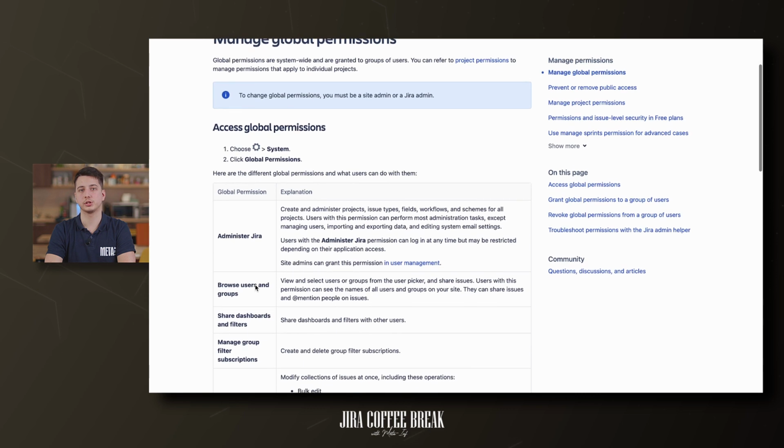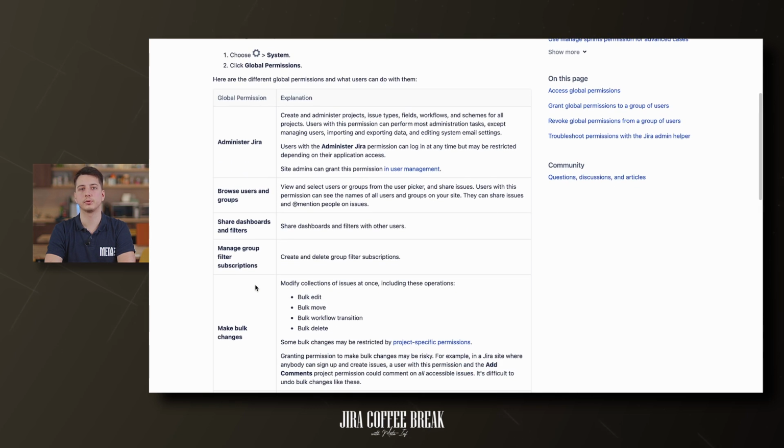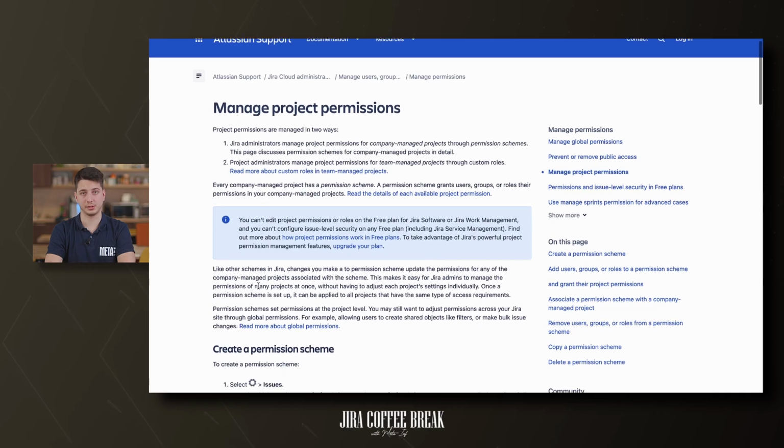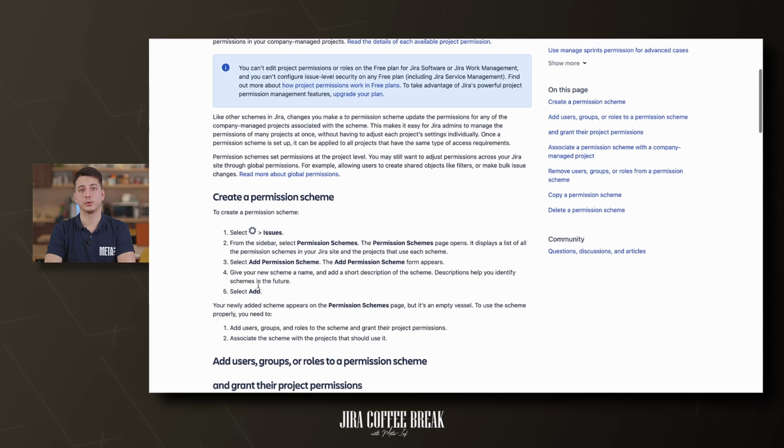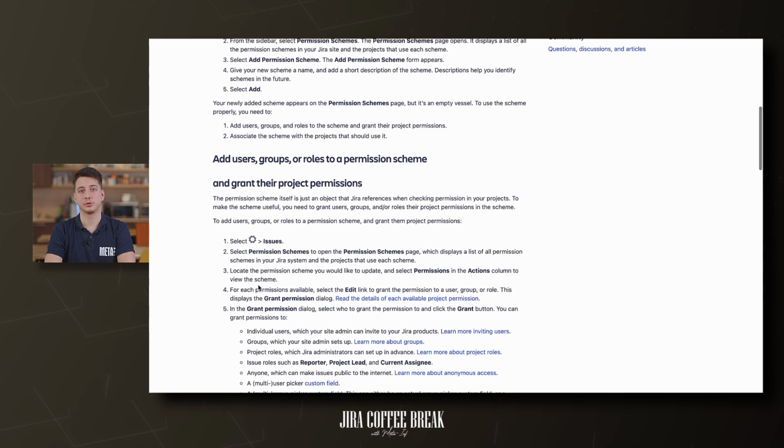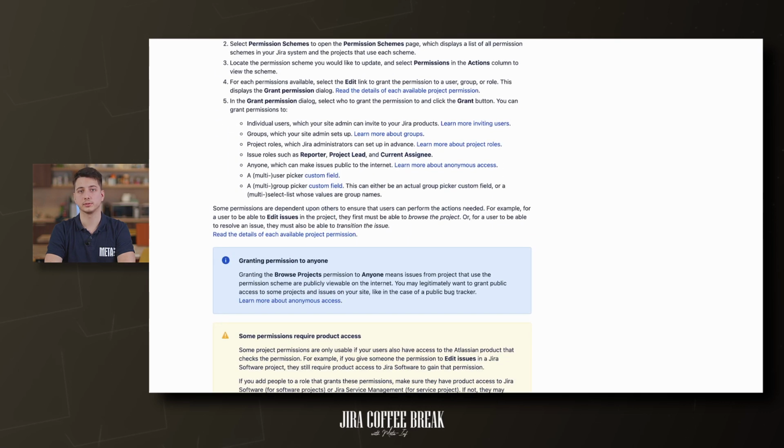These apply to applications as a whole, not to individual projects. For example, whether users can see the other users in the application. A third is project permissions. Organized into permission schemes, these apply to projects, for example, who can see the project's issues, create, edit, and assign them. While project admins can assign users to a project, they can't customize the permission schemes. There are a lot of project-level permissions you can set to control what users can do within a project.